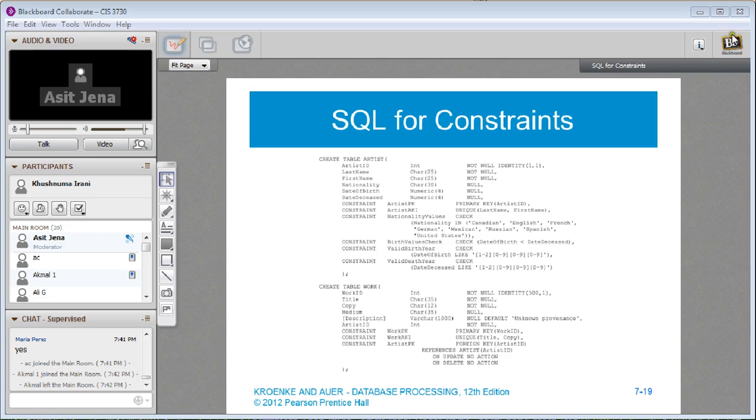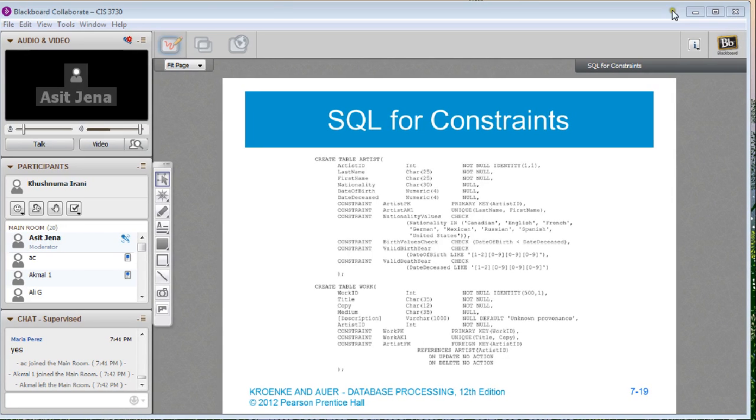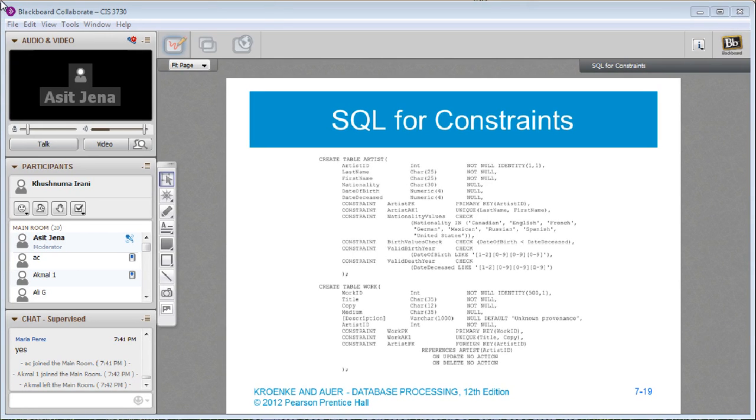We are saying that the year of birth is, so this is 1, and this can be 9, this can be 0, it is between 1000, that's the earliest, or it can be as late as 2999. Okay? So those are the valid years.